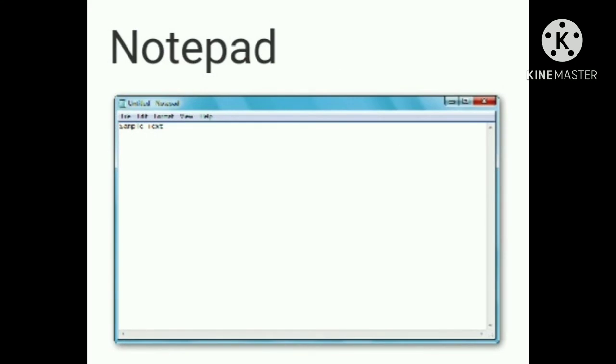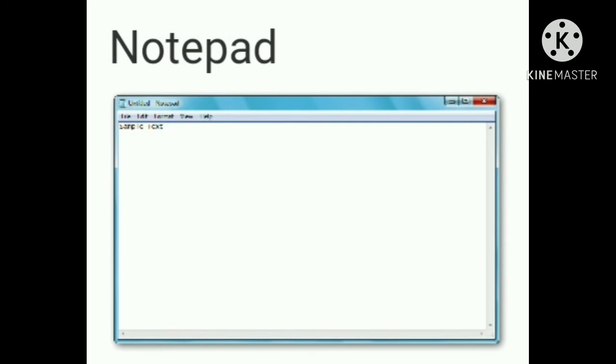Notepad. Notepad is a common text-only plain text editor. The resulting files are typically saved with the .txt extension. These files have no format tags or style, making the program suitable for editing system files that are to be used in a DOS environment.